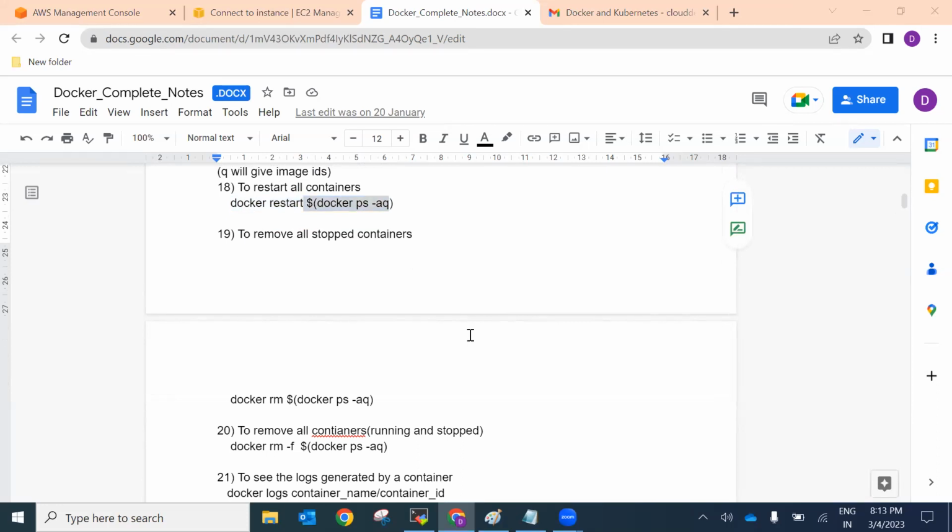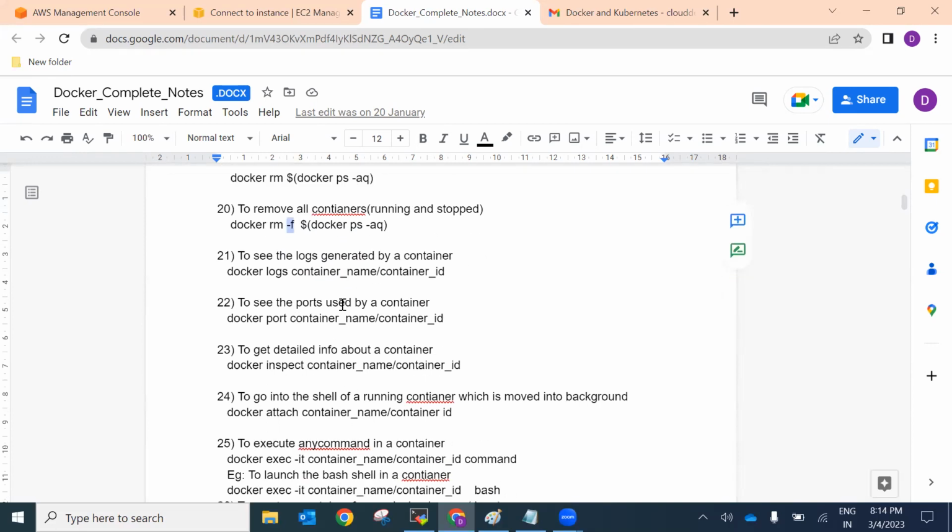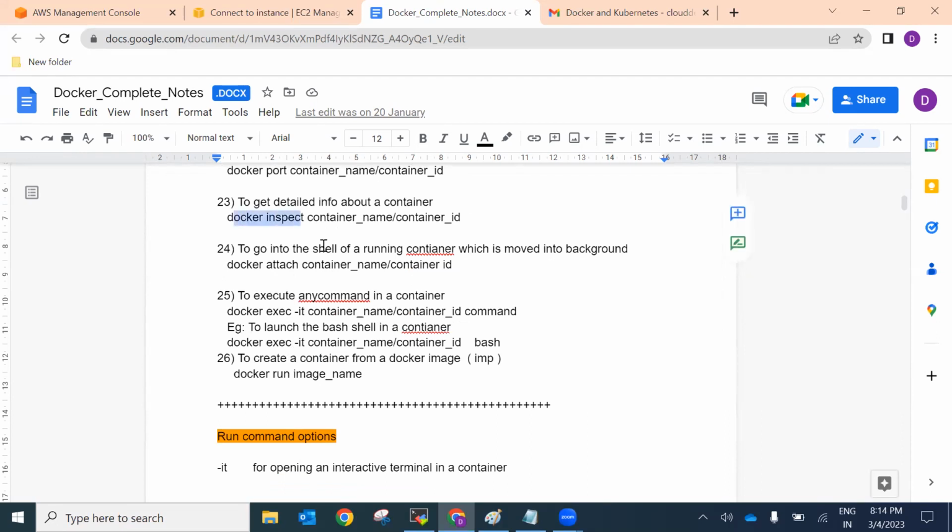Now to remove all the stopped containers. To remove a single container, we have to use rm and the container name or container ID. But this time we want to remove all the stopped containers. For that we have to use this all option. If you want to remove all the containers irrespective of whether they are running or stopped, you have to use force. Okay, so the logs command we see, port we will see later,